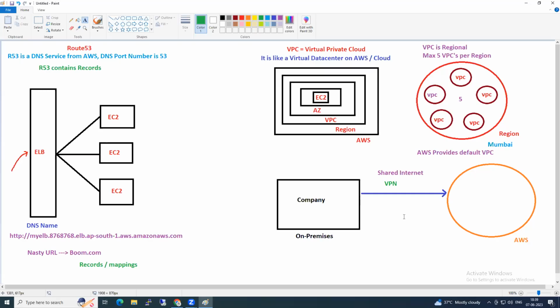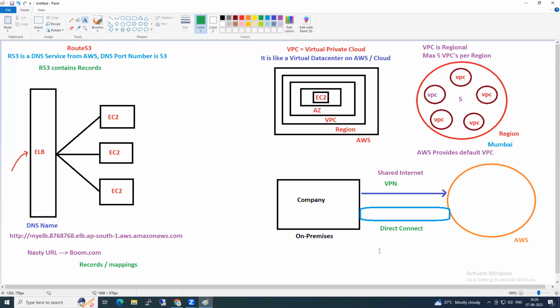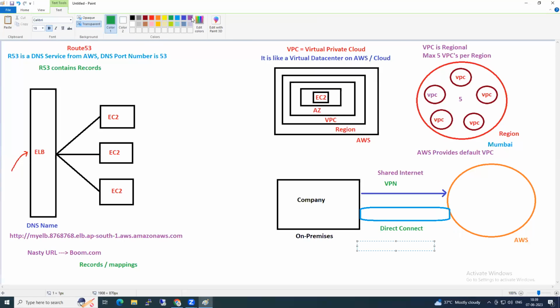For that reason, AWS provides a service called Direct Connect. What is that? It is a service from AWS where you can connect to AWS directly. It's a leased line connection from AWS, dedicated to your company.